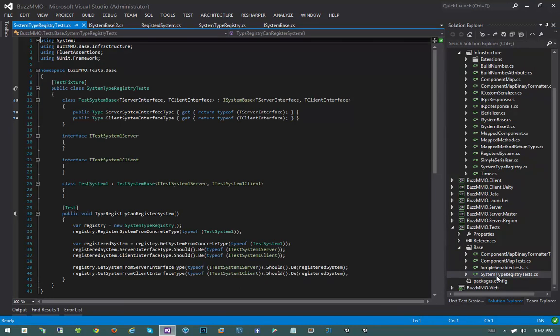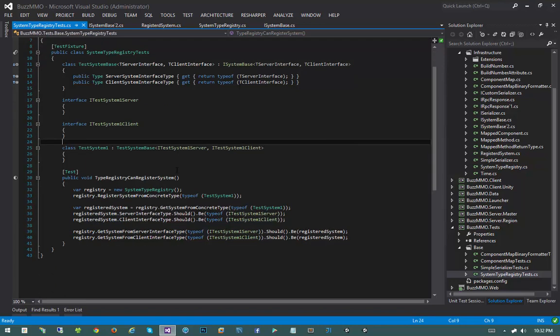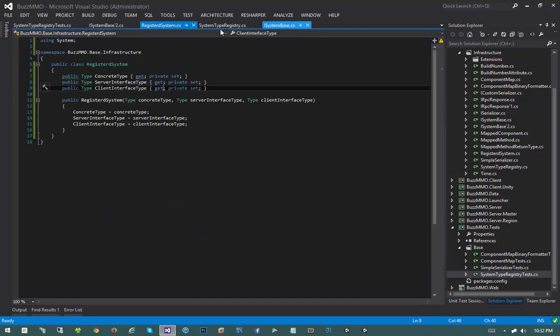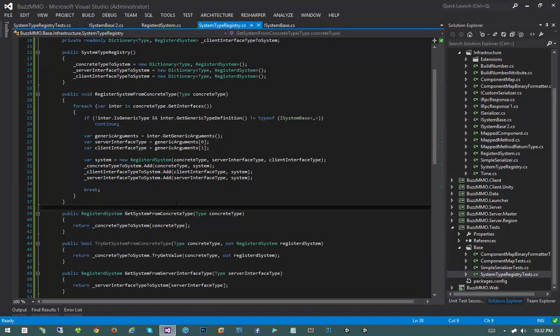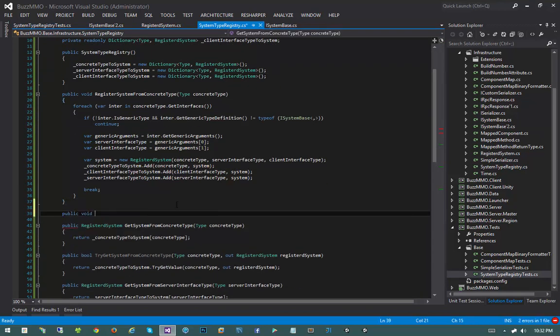Unfortunately, that's going to cause a problem. Well, actually, I can just do all types that implement the non-generic form of ISystemBase. If it implements the non-generic form of ISystemBase, it'll be scanned by our system type registry. So I'm going to write another method called public void scan assembly,